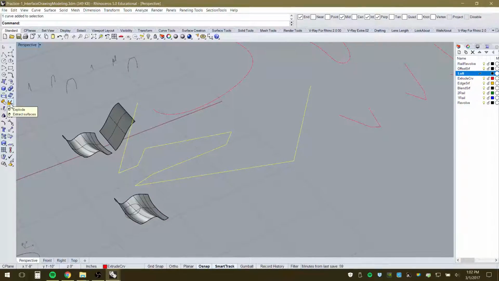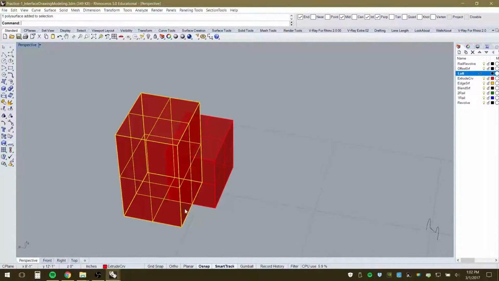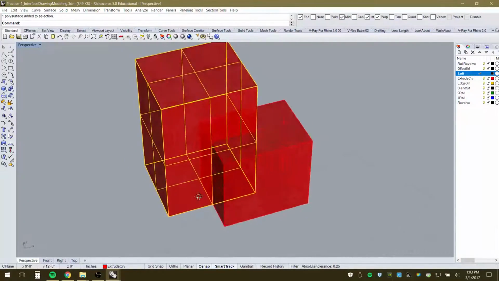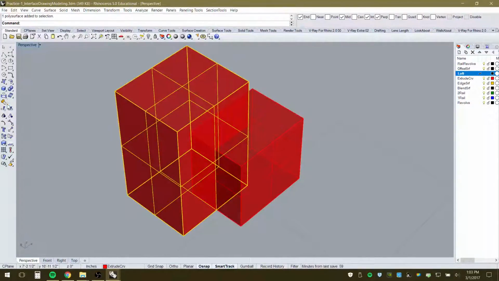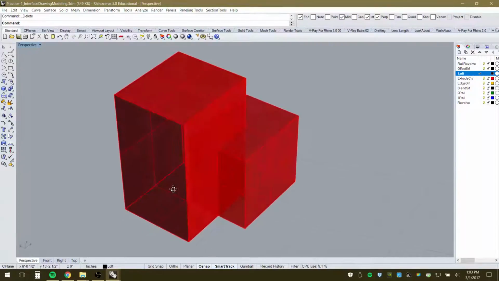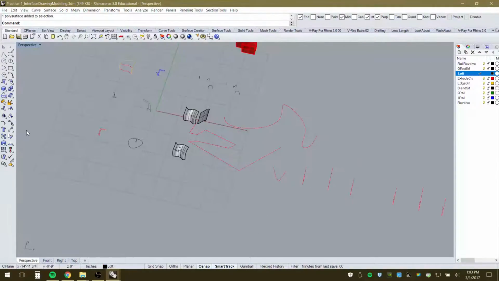Of course, explode is to do the opposite of that. It's going to explode those all into little pieces. I'll use this box. You can also explode surfaces. I did this in the other video, but right now this is a solid, basically a poly surface. I can explode it. And now it's the individual panels that you'll see there. You can delete them or do whatever you want to do with them. Control Z. And Control Z, I still want that to be a box. Let's see, explode. There's trim here. So let's take a quick